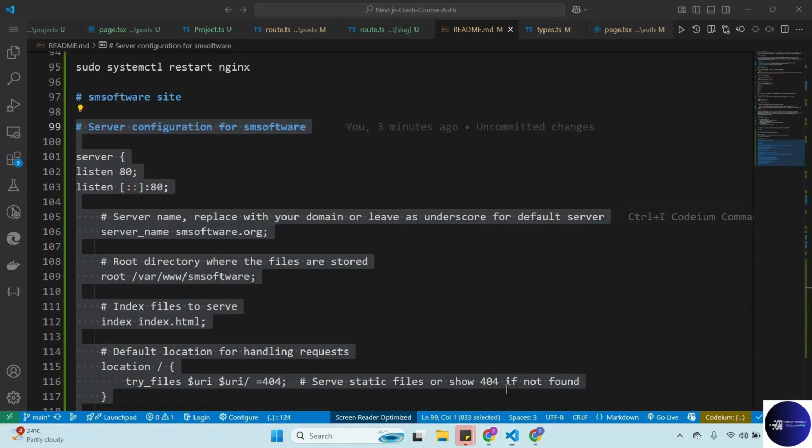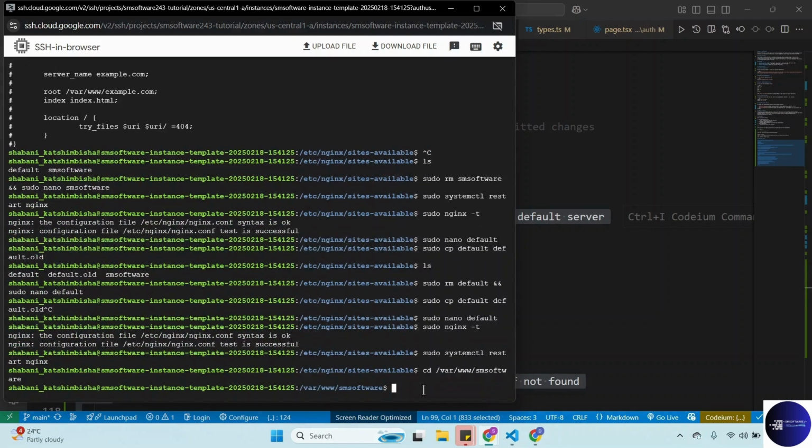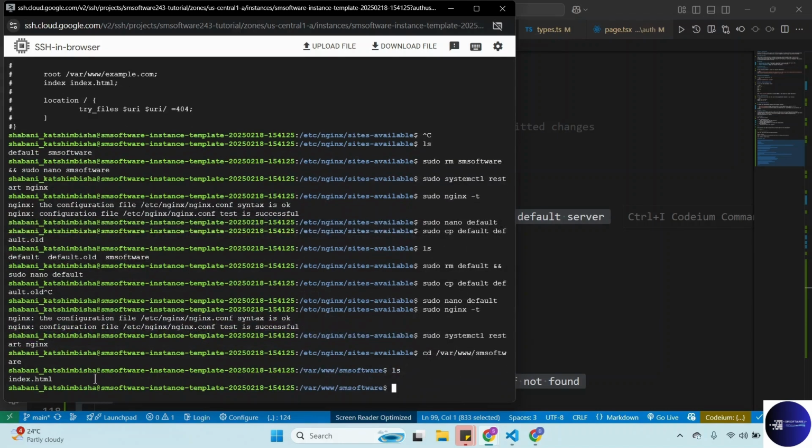So if you go back to cd, I do cd and then just cd var and then www slash html, no, slash sms software, and then ls, we have this one here,